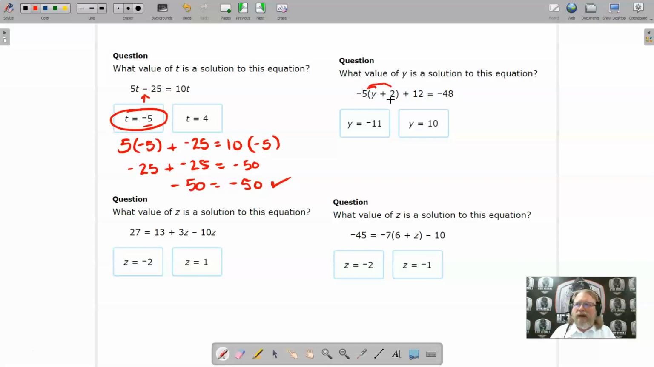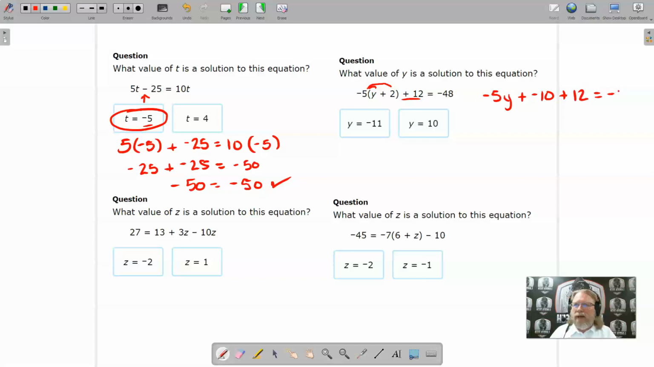Distribute that negative 5 into the quantity of y plus 2. So let's go ahead and do that first. Maybe I use some more room over here. So we're going to go negative 5 times y is going to be negative 5y. And then negative 5 times positive 2 is going to be negative 10. Well, let's make that plus negative 10. There, that 10's negative. And then we go ahead and keep going with the plus 12